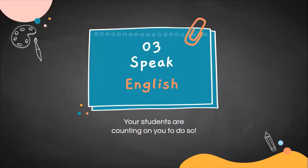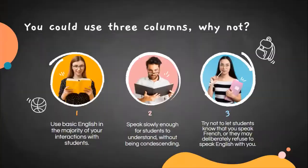Next tip, number 3, speak English. In fact, your students are counting on you to do so. So ensure that you use basic English in the majority of your interactions with students. Speak slowly enough for them to understand, but try not to sound condescending, like maybe Dora the Explorer. You want to ensure that your pace is just right so that they understand, but they don't feel as if